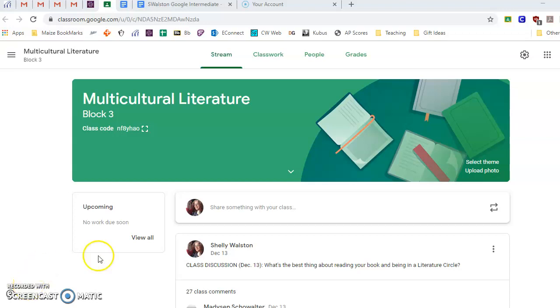Hey folks, this is just a tutorial on how you can use the classroom that we've got going for multicultural literature. We will be using this platform throughout the entire term, and you'll be visiting it every single day. So it's really going to be important that you figure out how to navigate Classroom as well as interacting with your classmates on Classroom. So I'm going to take a couple minutes and we're just going to go through what